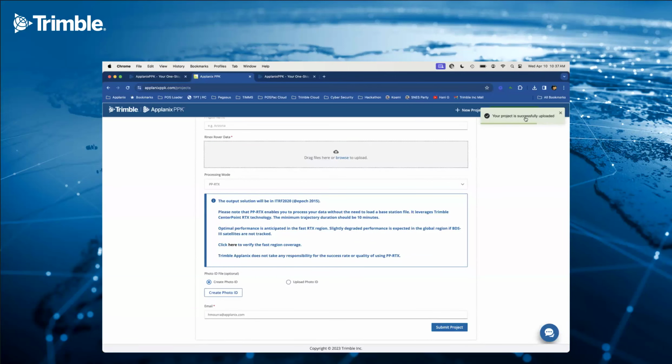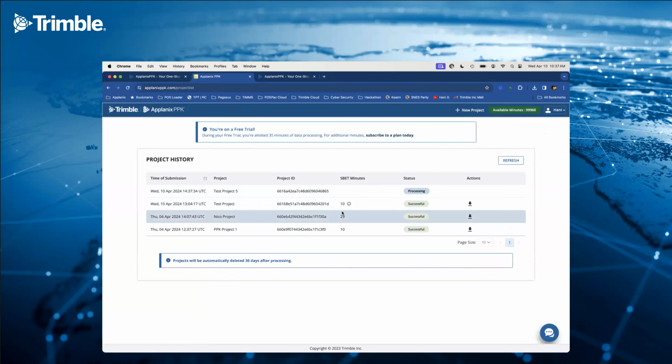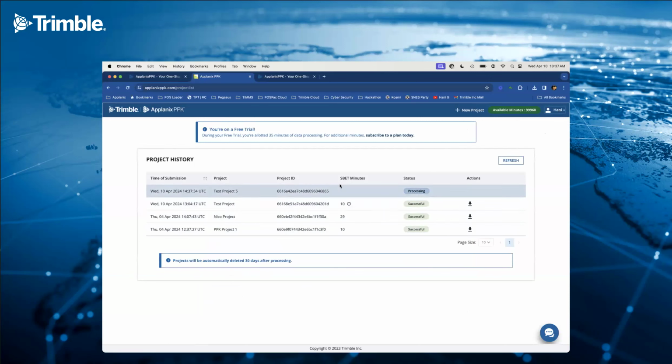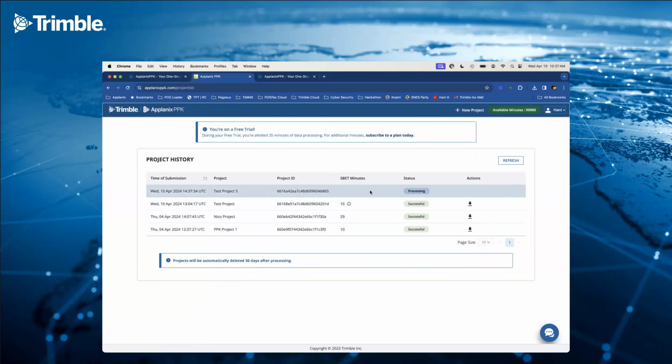Okay, the project was uploaded successfully. Under your account, you can go into your projects folder and see the status. These are previous projects I've uploaded, showing how many SBET minutes, or flight minutes, were included in that job after it was done processing. The latest one I just submitted is currently in a processing state. So that's the process of getting the data up